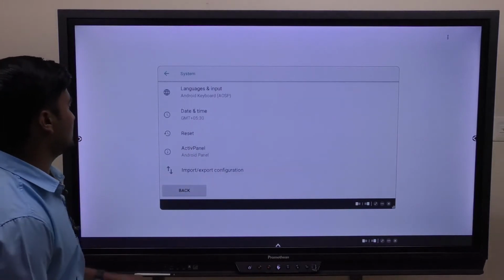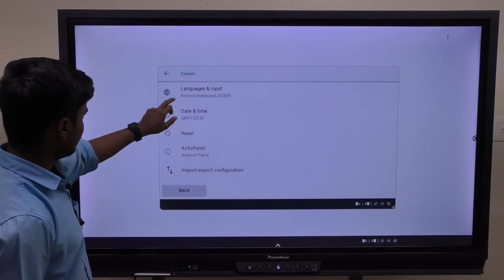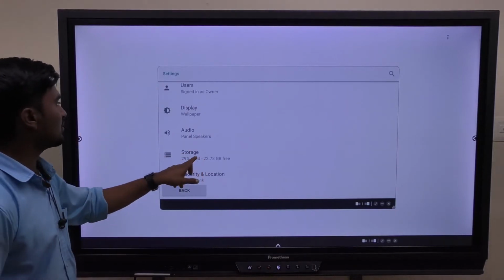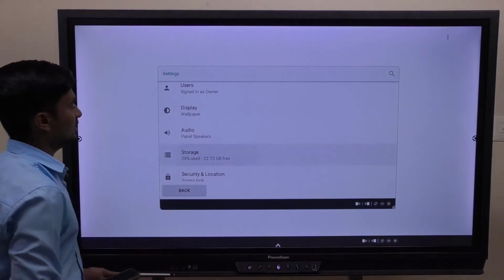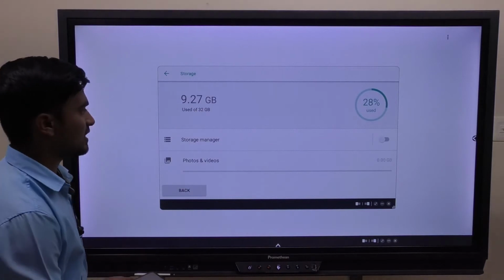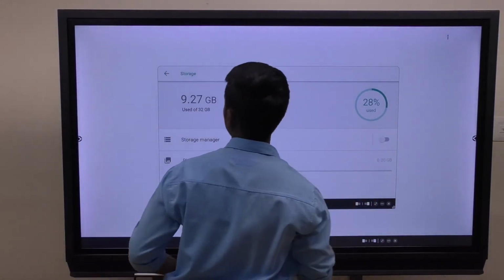And this comes with 32 GB internal storage and 4 GB RAM. Now we have already used some, so it's showing less.